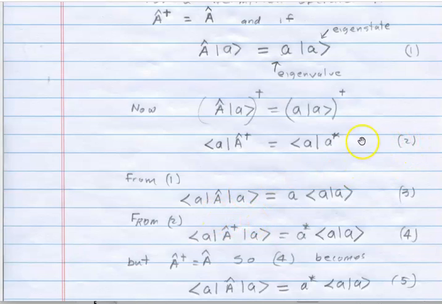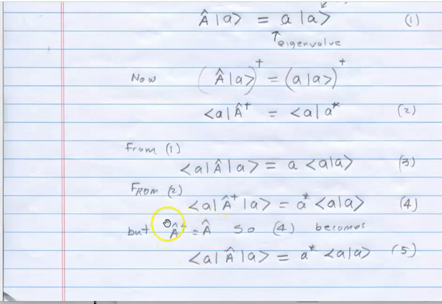On the other hand, I can do the same thing up here with 2, except now I come in from the right side with a ket |a⟩. Taking the inner product of this side with |a⟩, I get A dagger, which is just a bra vector, and I can take an inner product of that with another vector |a⟩. I do the same thing on this side. The a star is just a number that came out of the eigenvalue here, so I can pull that outside, which I do here, and then I've got ⟨a|a⟩. And then finally on 4,